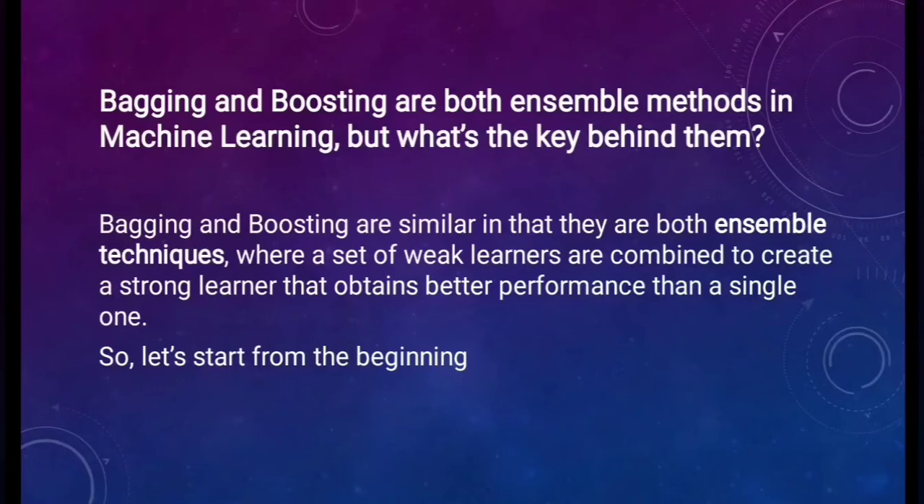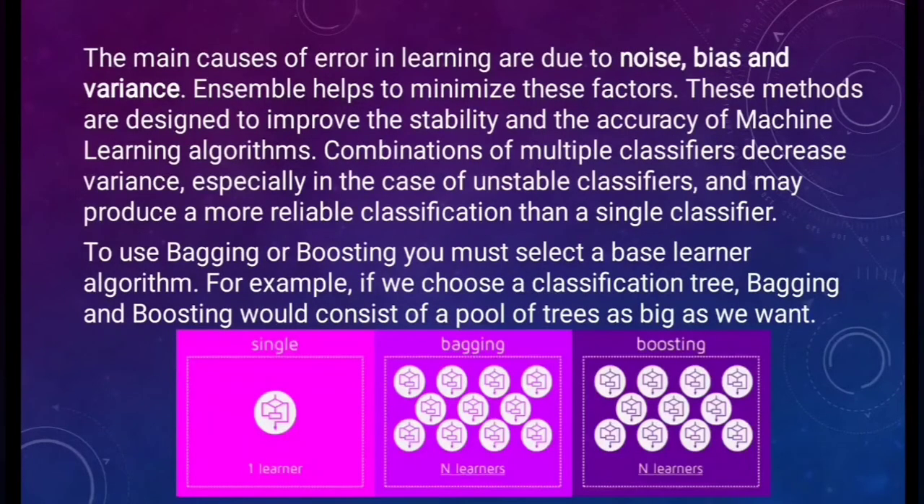So let's start from the beginning. The main causes of error in learning are noise, bias and variance. Ensembles help to minimize these factors. These methods are designed to improve the stability and accuracy of machine learning algorithms. Combination of multiple classifiers decreases variance, especially in the case of unstable classifiers, and may produce a more reliable classification